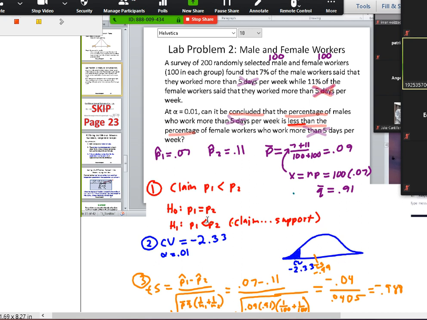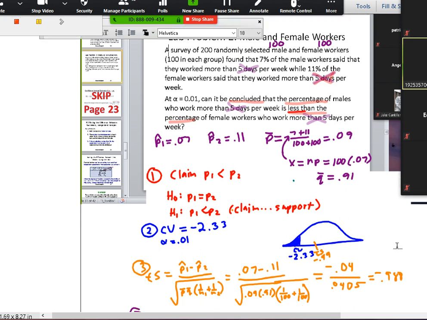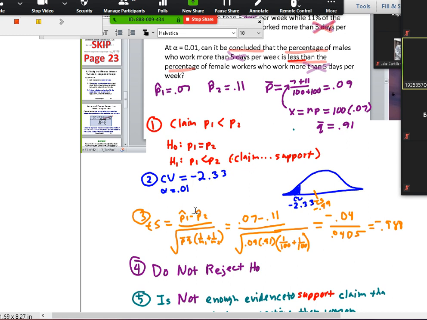So it's on my picture. Critical value is negative because it's left tail, less than. It should be negative 2.33 or negative 2.327. Shade to the left because that's my rejection region. I'm going to do my test stat. So p hat 1, 0.07 minus p hat 2, 0.11, divided by square root of p bar q bar, 0.09 times 0.91, times parentheses n1 plus n2, 100 plus 100. So you find that, right, again, we're inside out. So 1 over 100 plus 1 over 100 times 0.09 times 0.91, and then square root that. You get